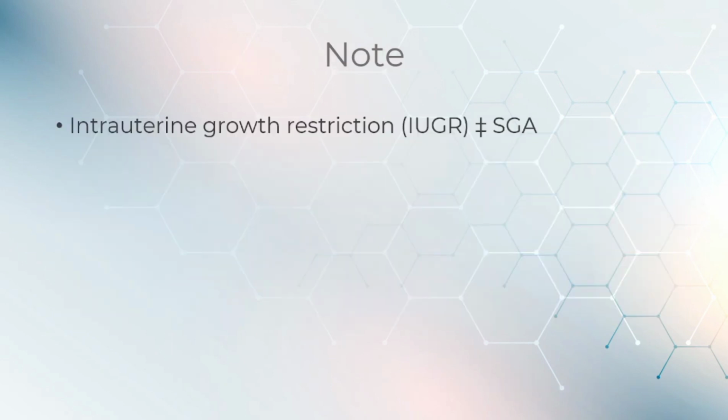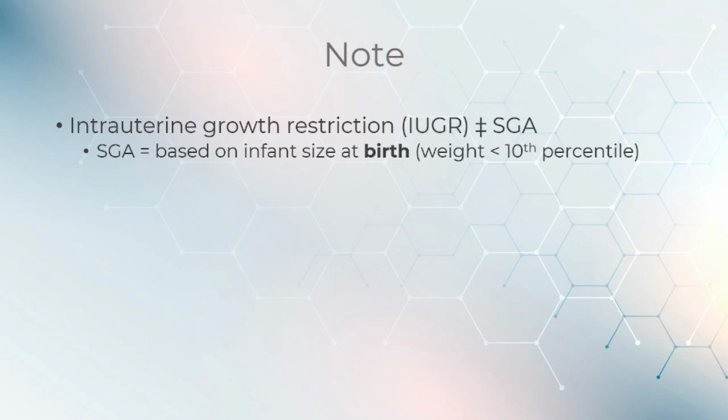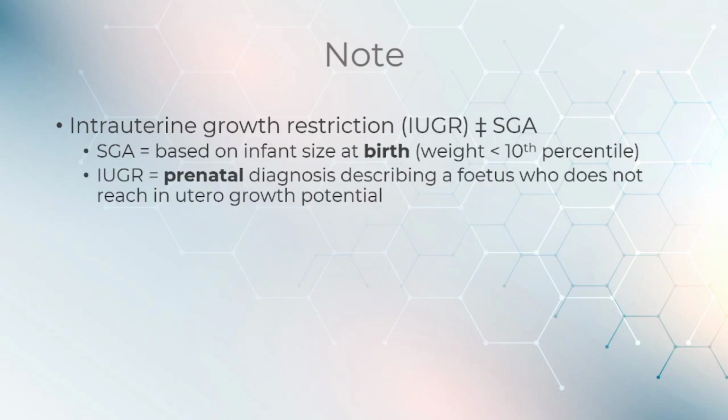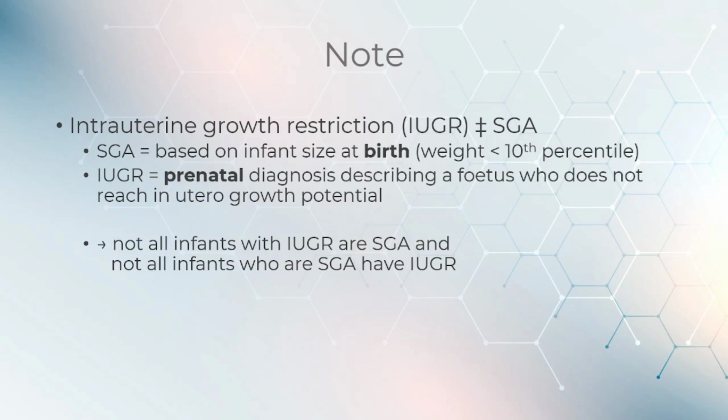Note: intrauterine growth restriction is not the same as when the infant is small for gestational age. The gestational age is based on the size of the infant at birth, while intrauterine growth restriction is a prenatal diagnosis describing a fetus who does not reach in utero growth potential. Therefore, not all infants with IUGR are SGA, and not all infants who are small for gestational age have intrauterine